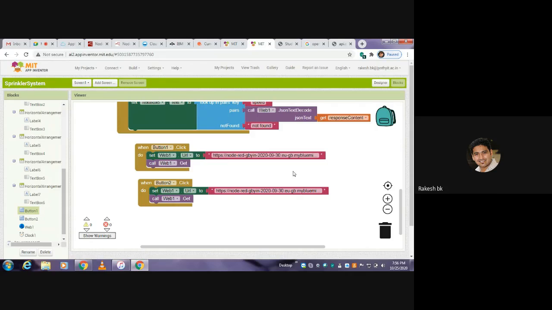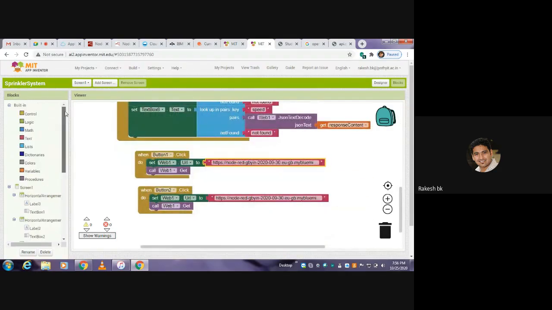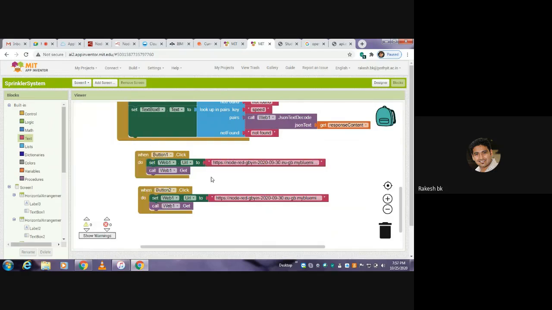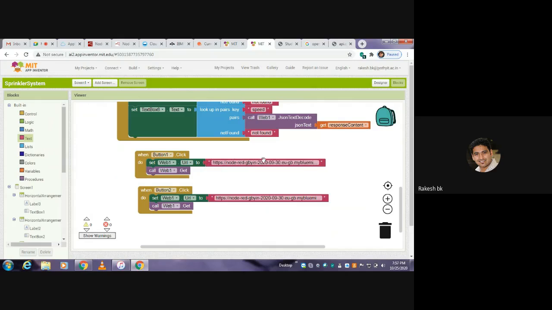So this URL is nothing but text. If you click onto the text, you can use this text here, right? This is only for URL. This is the text node I have made use of between the two double quotes. Between the double quotes, I have introduced this URL, right?